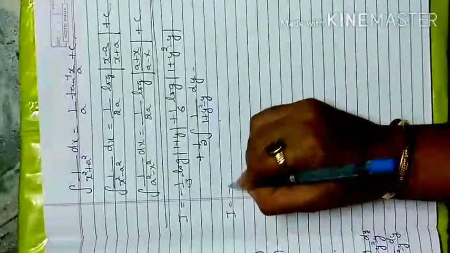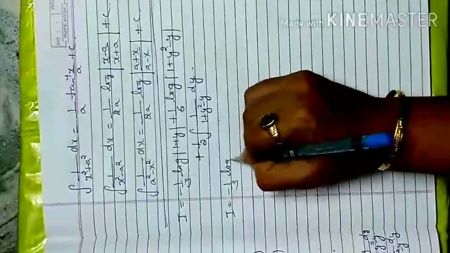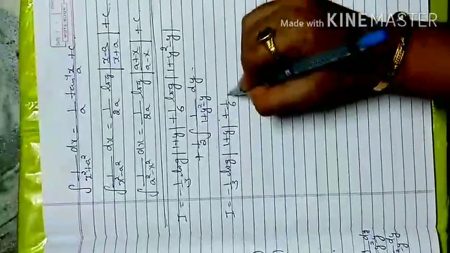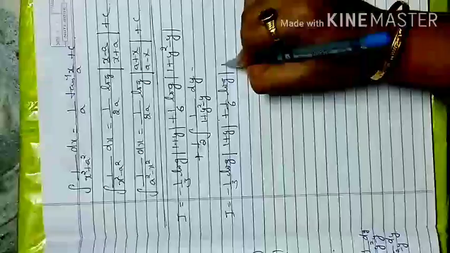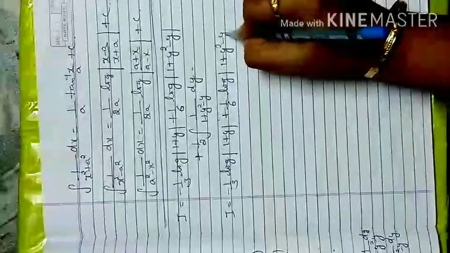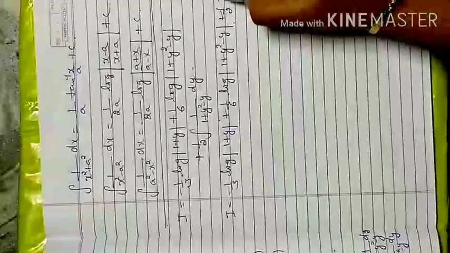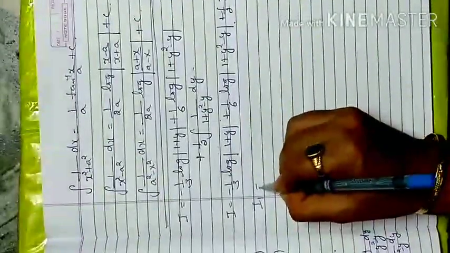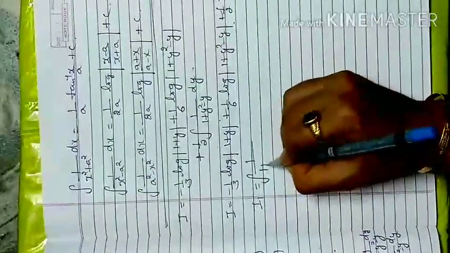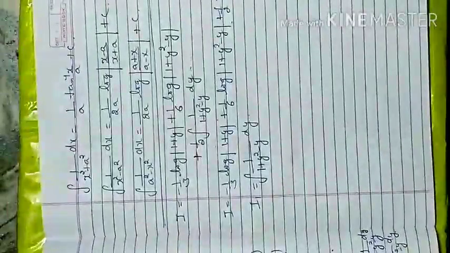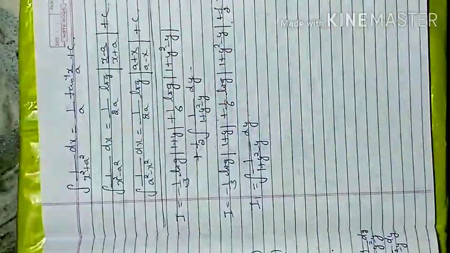Then I is equal to minus 1 by 3 log 1 plus y, plus 1 by 6 log 1 plus y square minus y, plus 1 by 2 I1. Now I solve I1, the integral of 1 upon 1 plus y square minus y dy. So what I will do, I have three conditions of this one.